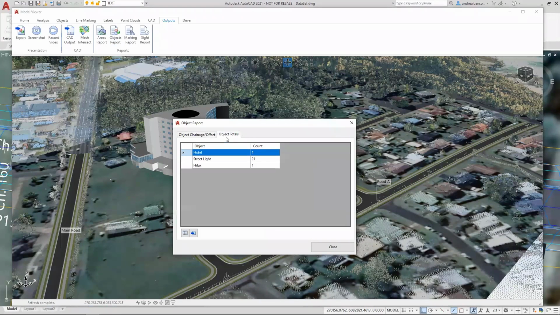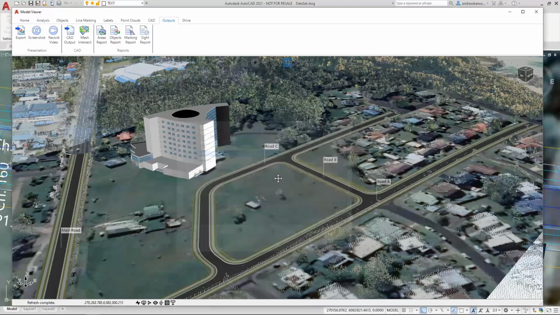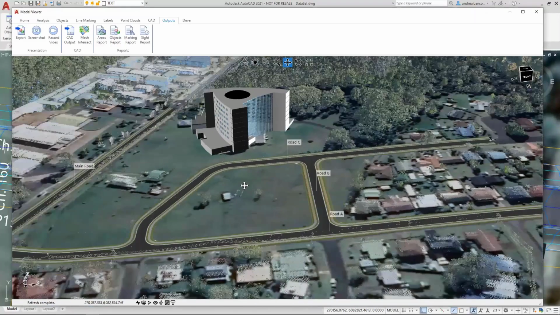Another useful report is the totals. So we can see we have one hotel, 21 street lights, and one Hilux. Okay. So I thought I'd chuck that into our tips and tricks